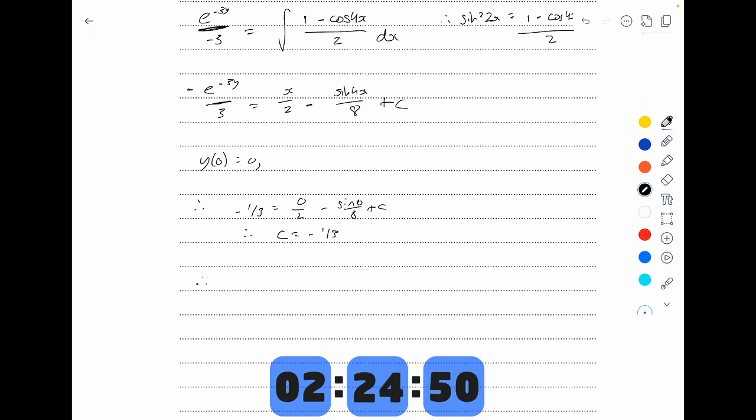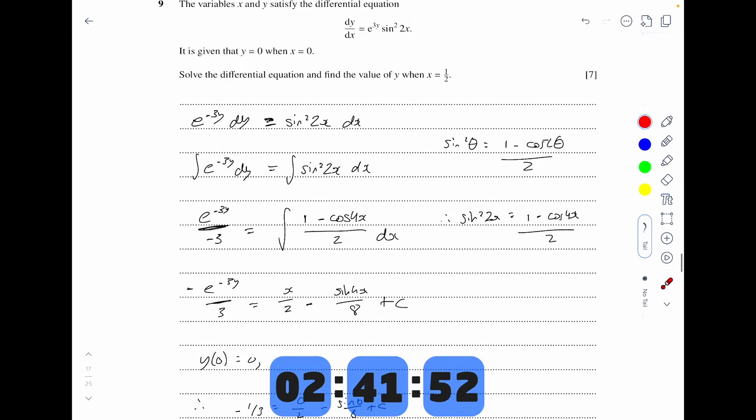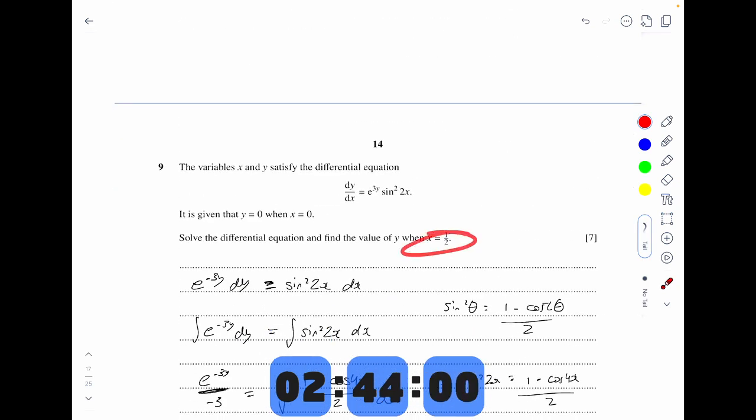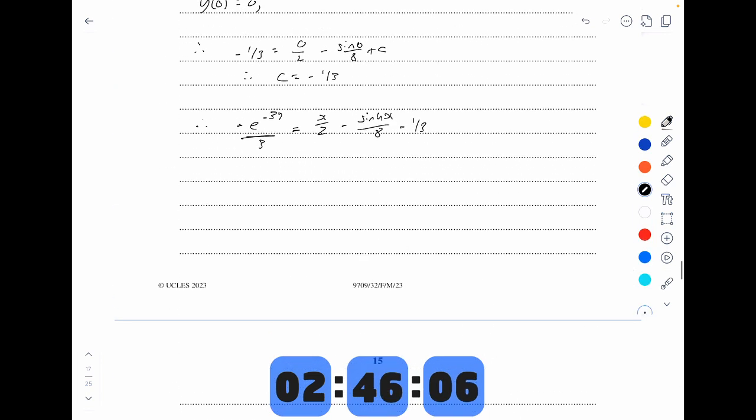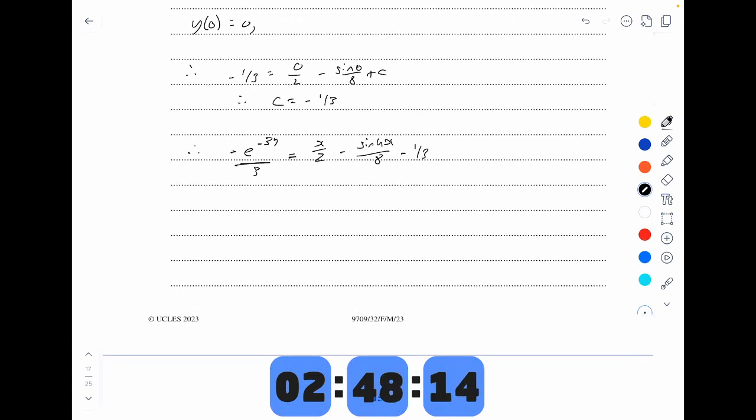Therefore, we've got negative e to the negative 3y over 3 is equal to x over 2 minus sine 4x over 8 minus a third. Okay, so we got this. Okay, now when x equals a half,